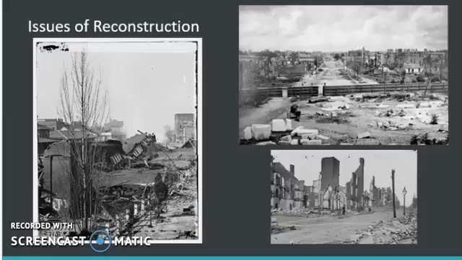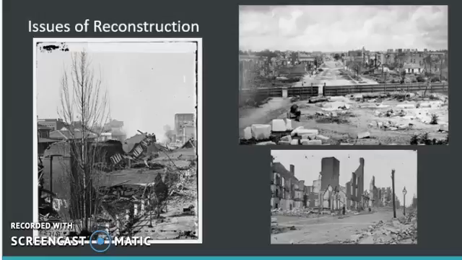Some people wanted land to be distributed among freedmen and their families. So a lot of former slaves, some people thought, let's take some of this land that the South has and start giving it to former slaves so they can either start their own families, start their own farms, do whatever they need to try to help lift them up and give them a chance to advance themselves economically.